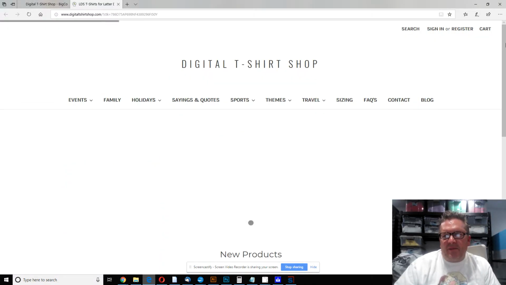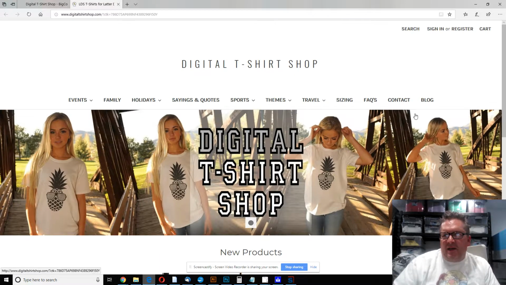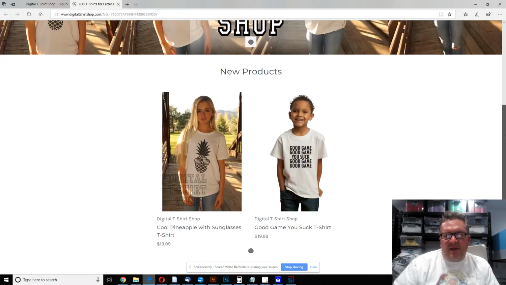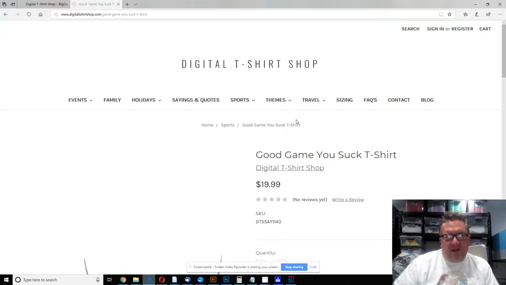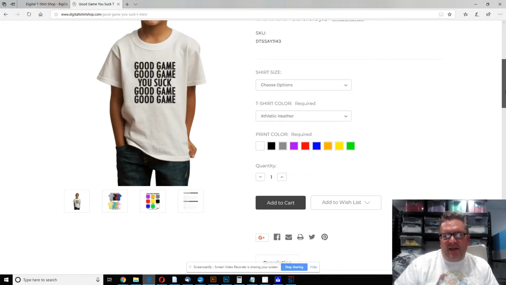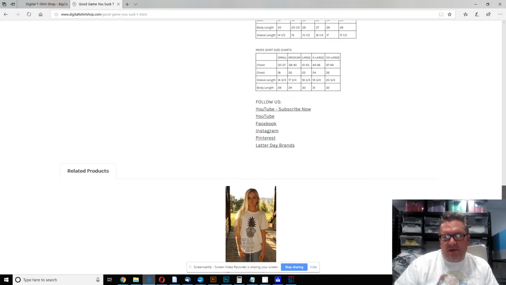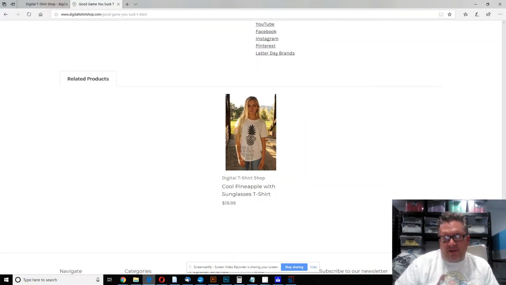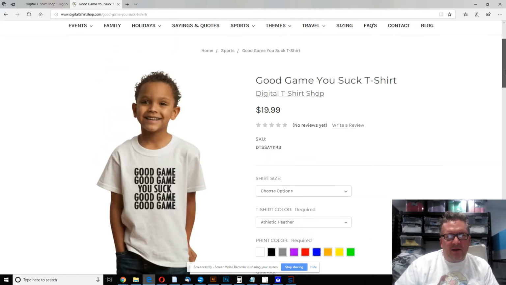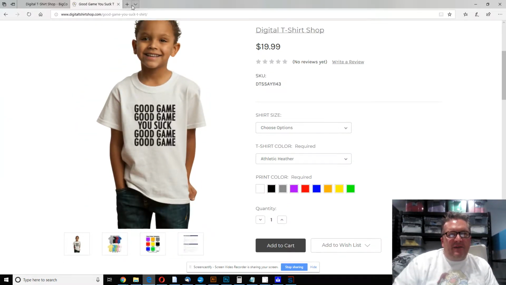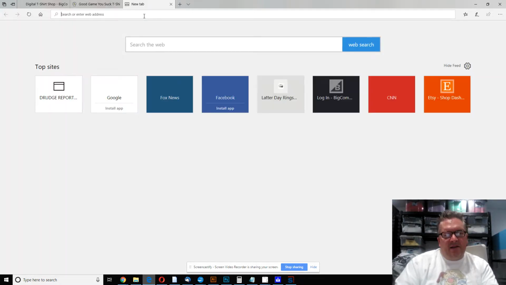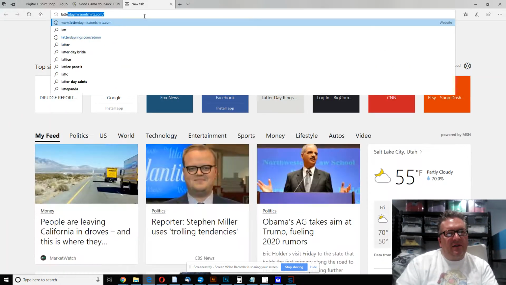I like this theme in particular. I think it'll actually work fine for me. I like how it lays out the images here. I like how the images are laid out in here as well when you actually go in here. And then the rest of it, I don't know, I'm not that picky about things. I like how big the images are here. If I was to go to my Latter-day Mission t-shirts,